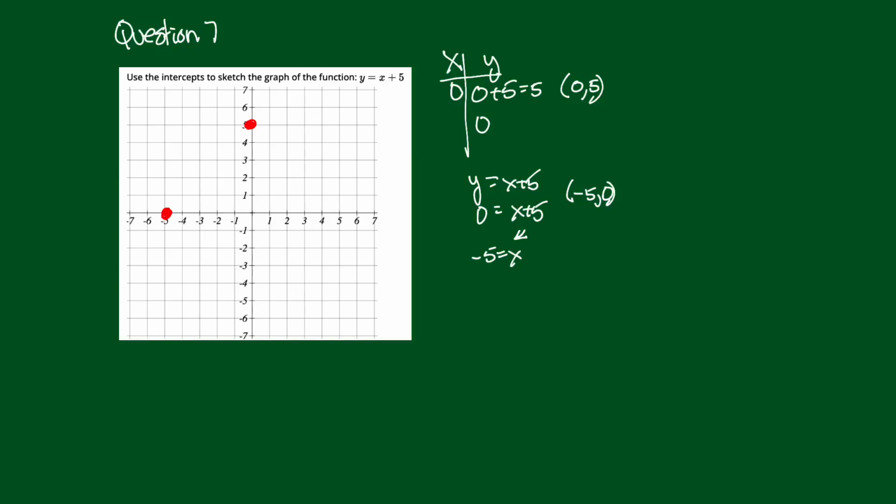Okay, I've got 2 points. I need only 2 points to graph a line. So I'm just going to pass a line through these 2 points, as best I can. I got my straight edge. All right, that's what I think that line looks like. Just keep in mind what it means. Really, this is a line, but if we were to zoom in on this,